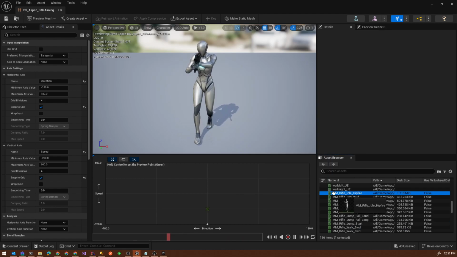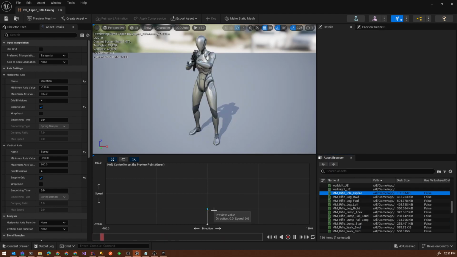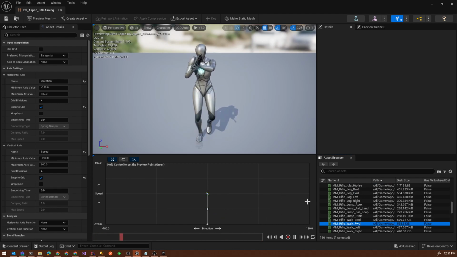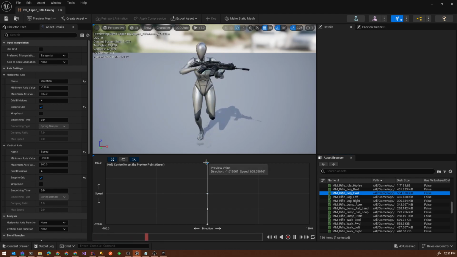I have idle hip fire, which is not what I want. Oh, maybe it is. That actually looks okay. So how about walk forward? That looks fine. And I'm gonna put jog forward on here. The truth is, well, we'll see how that plays out. Okay, so